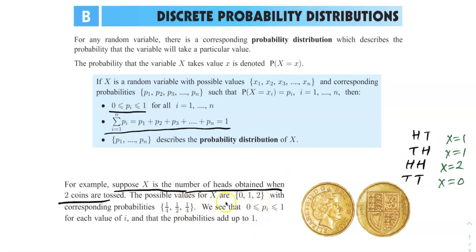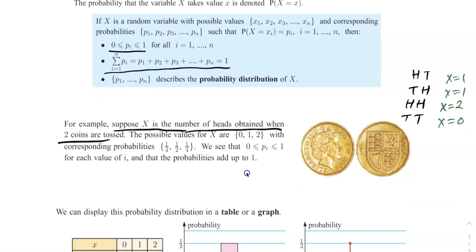And then the probability of that is, well, how many times did I get 0? 0 happened 1 out of 4 times. These are our 4 options. 0 happened 1 time, so 1 out of 4 for 0. 1 head happened twice up here, these two, so 2 out of 4, or 1/2 if you reduce it. And when you got 2 heads, that only happened 1 time, so that's 1 out of 4. So that's how a probability distribution works. X is the amount of this one thing that's going to happen, and then what are the odds of that happening.